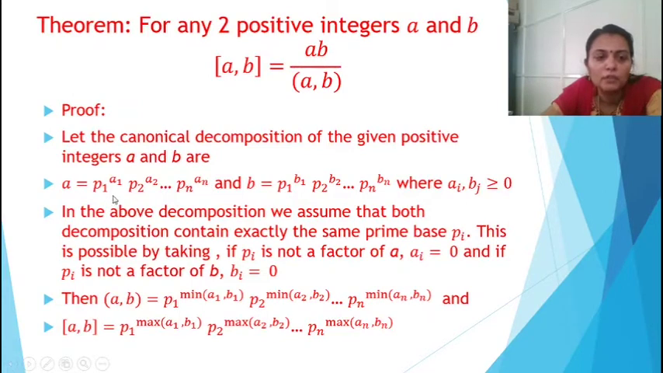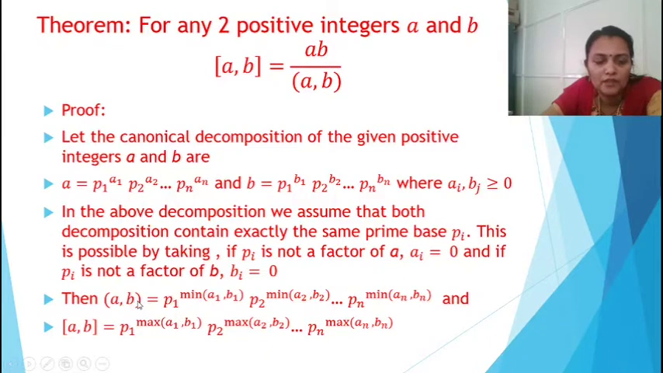So a is equal to p1 raised to a1, p2 raised to a2, etc., pn raised to an, and b is equal to p1 raised to b1, p2 raised to b2, etc., pn raised to bn, where ai, bj are greater than or equal to 0. In the above decomposition, we assume that both decompositions contain exactly the same prime bases pi. This is possible by taking ai equal to 0 if pi is not a factor of a, and bi equal to 0 if pi is not a factor of b. Then